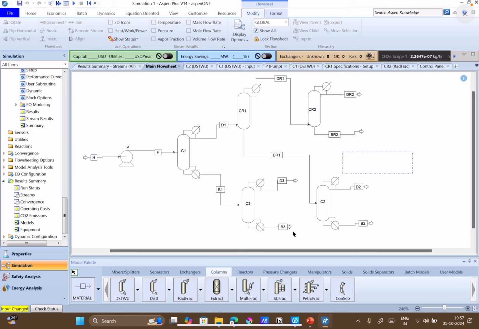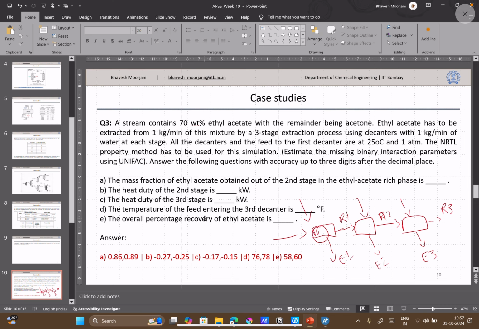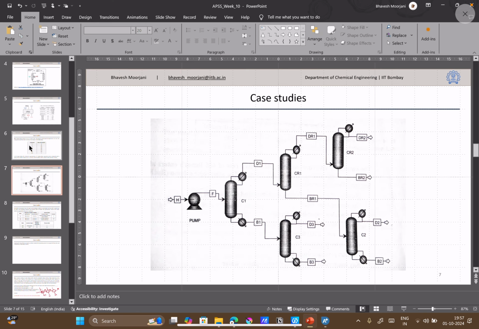In the B3 part, you had isopentane, normal pentane as well as normal hexane. So we can further use another distillation column to separate that also. Okay, so this is how the separation process of this hydrocarbon mixture works. Now,